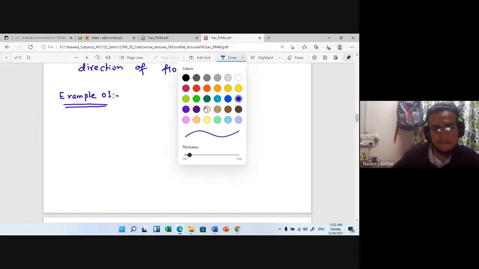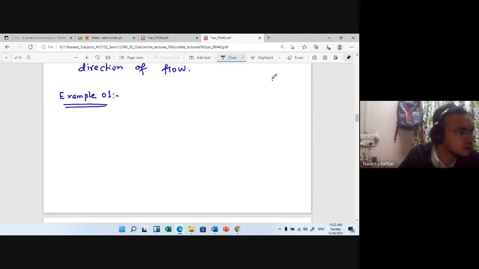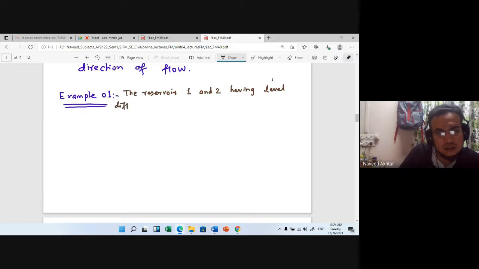Write the question. Two reservoirs, reservoir 1 and reservoir 2, having a level difference between the free surfaces of water equal to 5 meter,